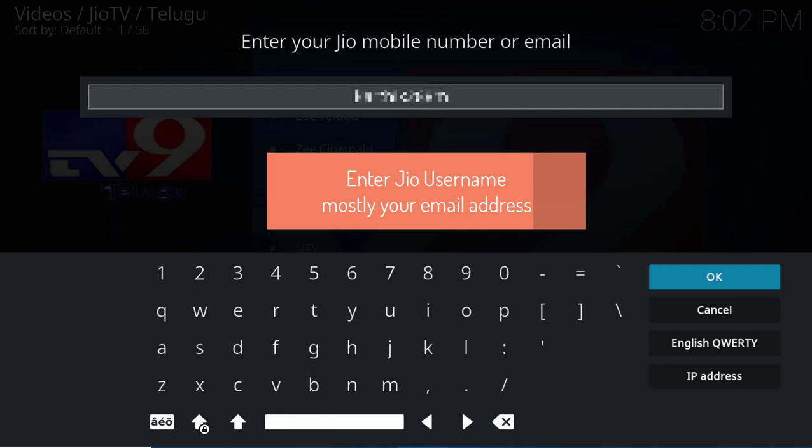username first. I am hiding this username and password because you have to get your own. Then select OK.